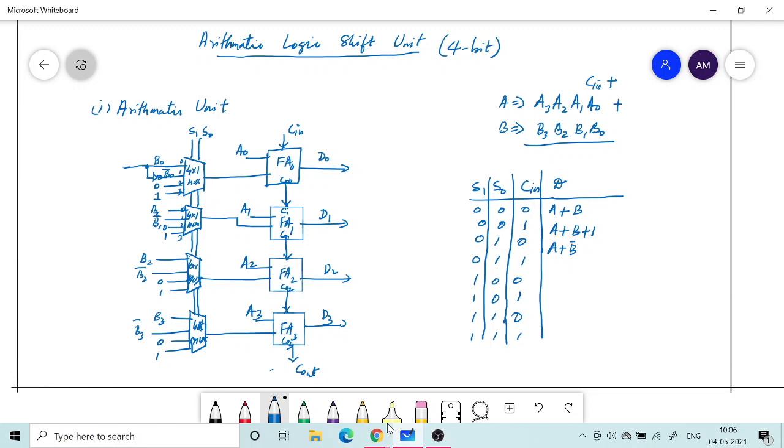And the next operation, if there is a carry present, it will be A plus B bar plus 1.